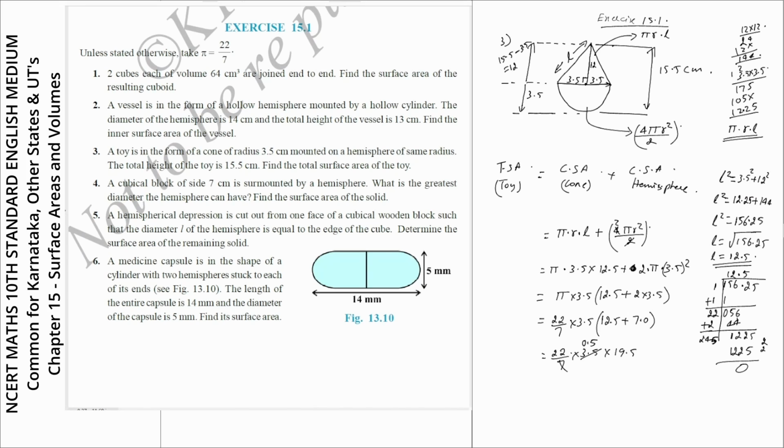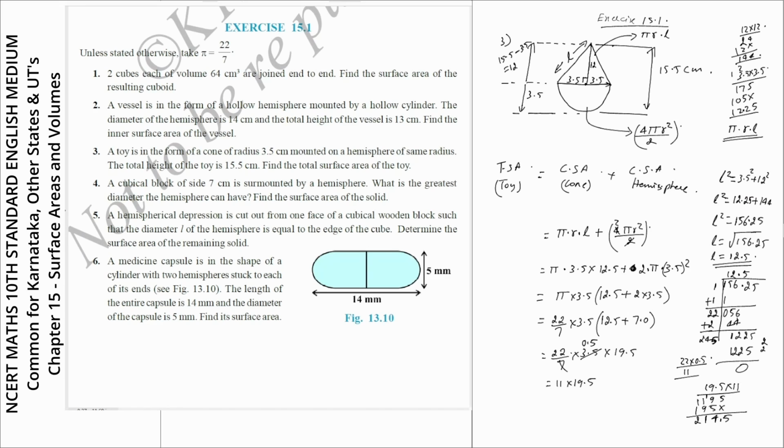Okay, 0.5. Now 22 into 0.5 means half of 22, so it is 11. Okay, 22 into 0.5 is 11. Now 19.5 into 11, so 195 again 195, so 5, 9 plus 5 is 14, carry 1, 9, 10, 11, so 2,